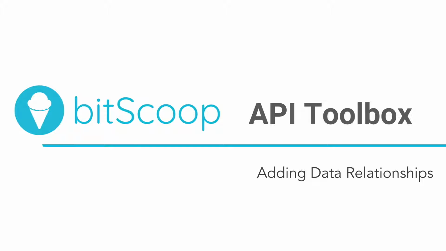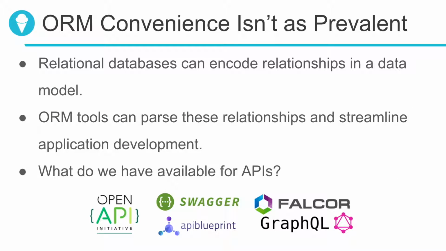In this video, we want to talk to you about how you might start adding relationships between various endpoints on a provider map in the BitScoop API Toolbox. When we're working with relational databases, we can encode relationships in a database by way of primary keys and foreign keys. An ORM tool, or an object relational mapping tool, is a convenient component of most application programming languages that interprets these relationships and subsequently streamlines the data retrieval aspect of an